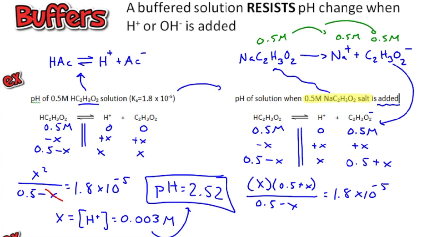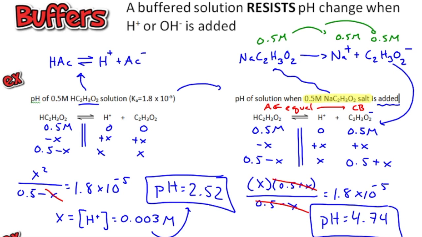Okay, so we have actually entered this world before, and what is it? It's when these two expressions are exactly the same, right? We could cross off those x's, and then those 0.5s are going to cross off as well. So what is happening, if you look at these, is I have an acid, and this is its conjugate base. I have equal amounts. And when you have equal amounts, that's going to make a really great buffer. So now if I plug all this in, x equals 1.8 times 10^-5, so I take pH equals negative log of that. Now my pH